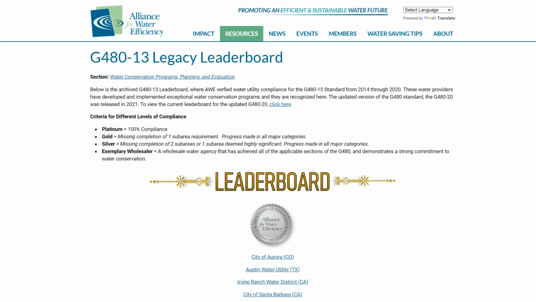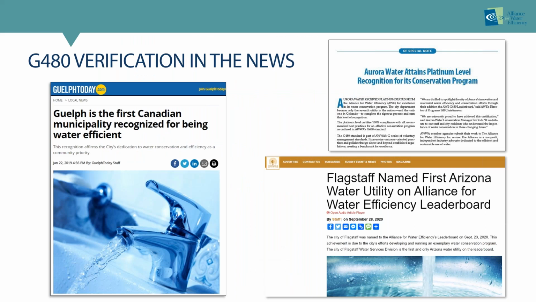So we can go to the next slide. And I just wanted to say also that recognition for compliance with the AWWA G480 standard via AWWA's verification is kind of a big deal. When a utility gets verified and added to the leaderboard, it gets picked up by the media from time to time.